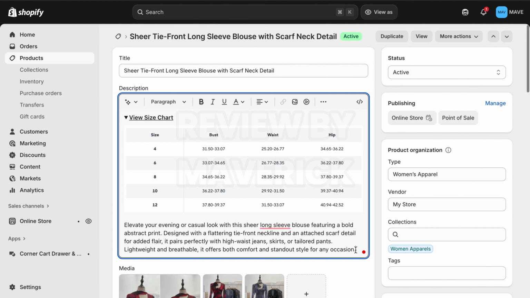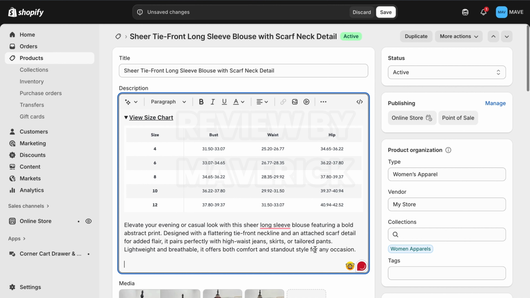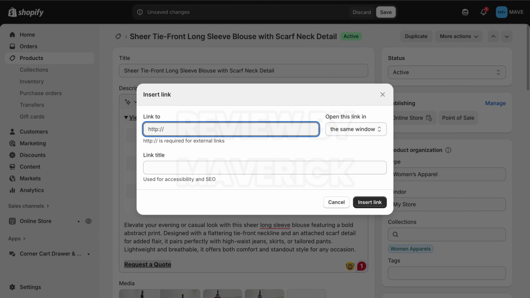So now I'm just going to go ahead and, right in the description, you can just highlight this text and say request a quote. As you can see, then you can just link. I can just highlight it like this. I can bold it, I can also underline, and I can link. And once I click here, I can go